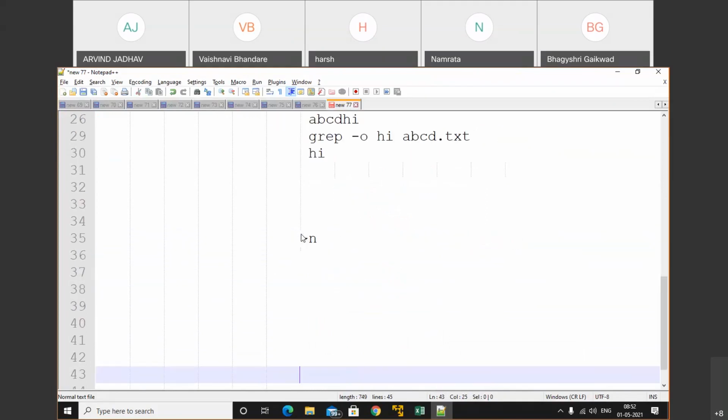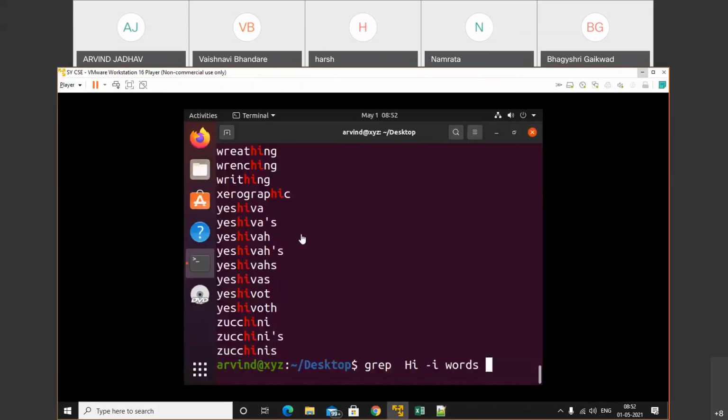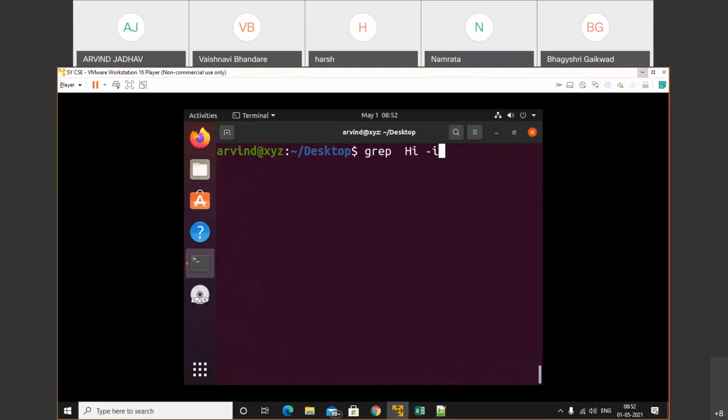And the last one, let's do the practical about o. Grep i hyphen o words. See, we get only that particular hi word. That's why hyphen o is used.